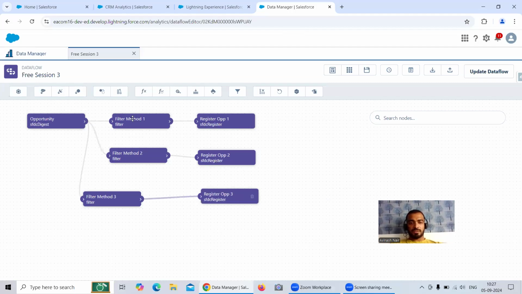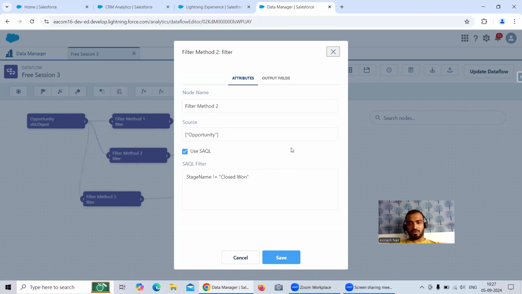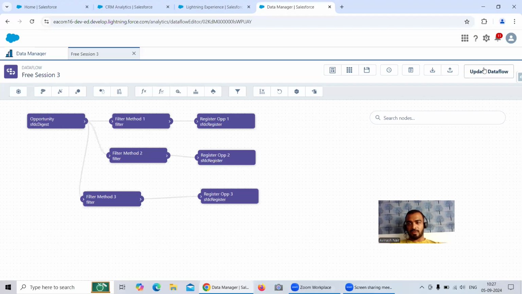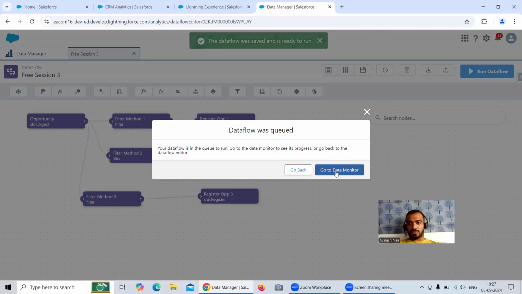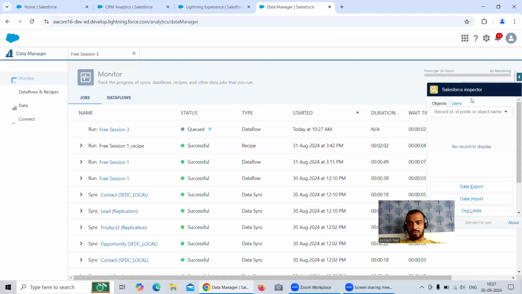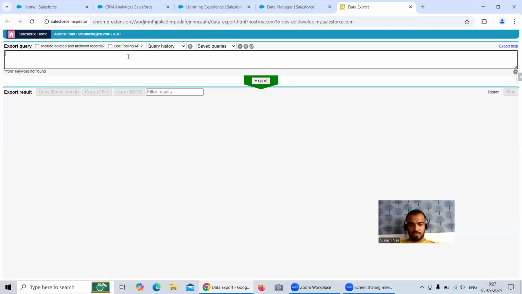Okay. So in the first method, I have created stage name equal to closed one, which is simple one, which we seen earlier, and then stage name not equal to closed one, and then stage name equal to closed one and stage name equal to closed lost. Okay. So let me just update and very quickly run the data flow. And also in the meanwhile, what we are going to do is we will quickly do the SAQL query as well. So the first one is relatively simple, where I will just write select ID from opportunity, and let me just also take the name and stage name